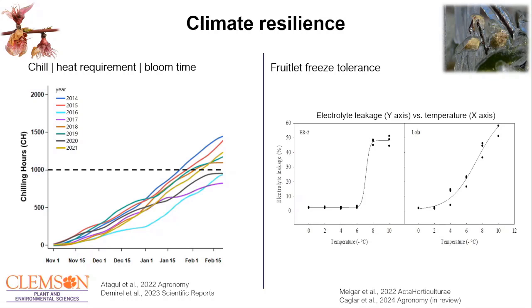But I didn't look at it only as a chill, because as we heard yesterday from Dr. Shapiro, we have a problem: you bring the low chill material, you get the chilling, they bloom early, and you get the frost, as Chen mentioned, almost at the same time every year, and they got frozen. So it's not just one thing. So the idea I got is, okay, I'll control the chill requirement, but try to increase the heat requirements so I can delay the bloom. So that's the left side of the graph